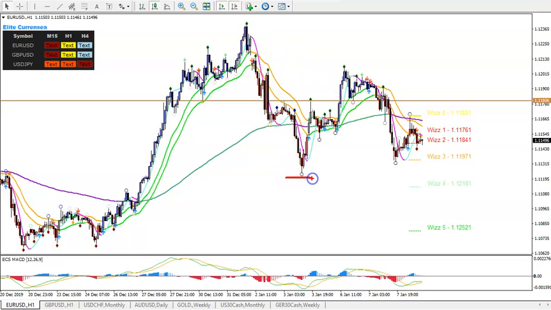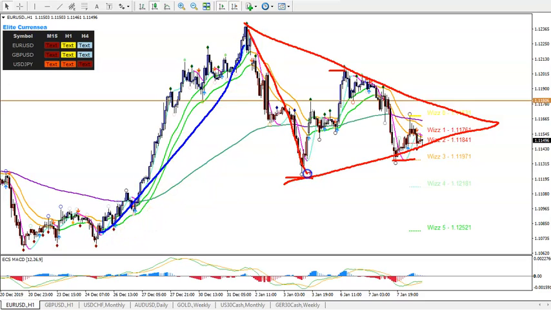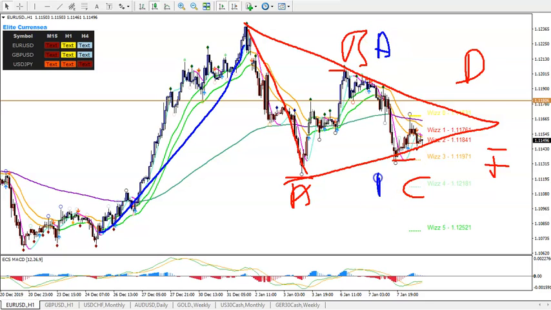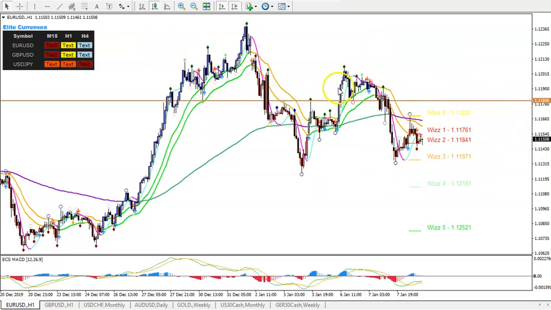In that case, we had here, here, and here forming kind of a triangle pattern at that moment. And the triangle could break in both directions, in fact, because we have momentum to the upside and momentum to the downside. So it could be A, B, C, D, E for up, or A, B, C, D, E, and then down. Let's see. In any case, above 111.80 should not see so much upside, because